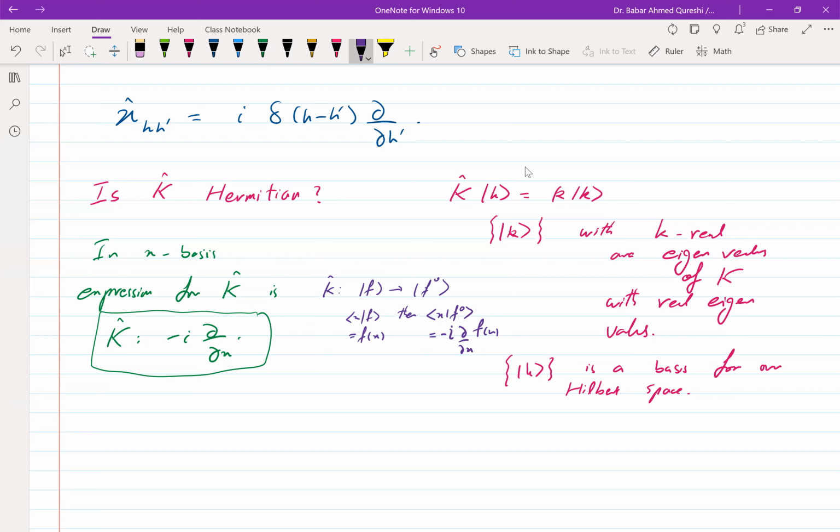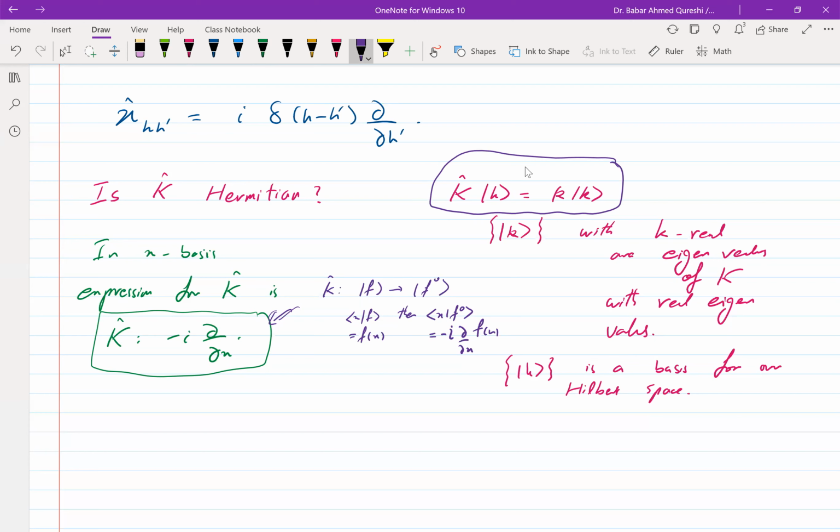This was the very definition of this operator. And so we didn't have to do anything to get this expression. This is just provided to us. But when we derived this, in that part, we had to do